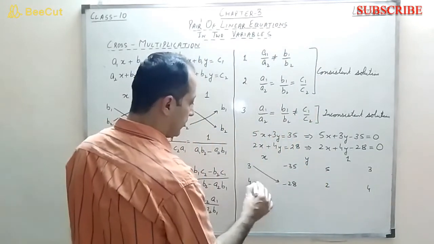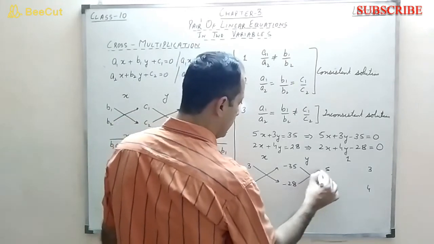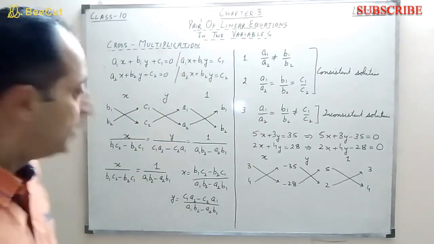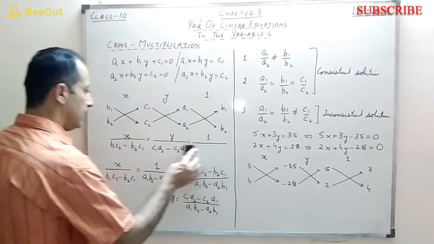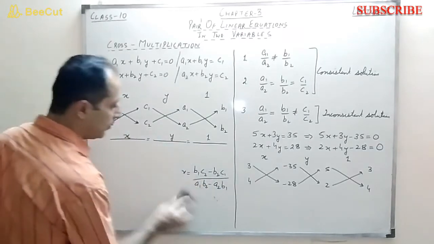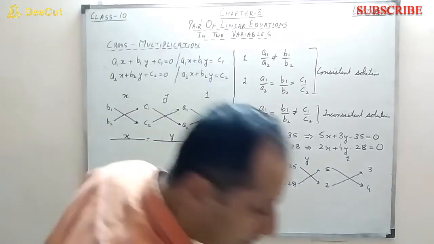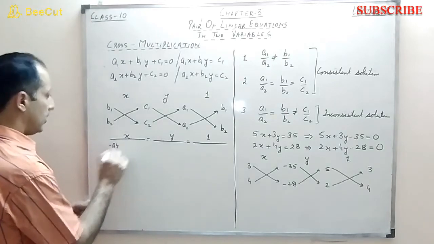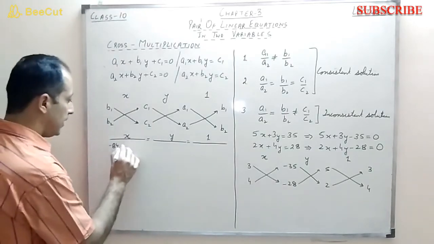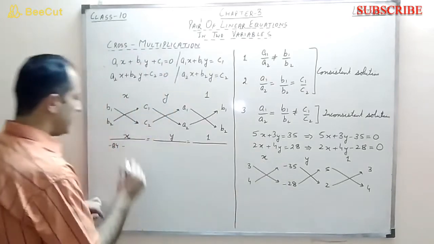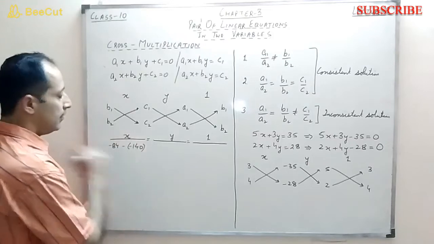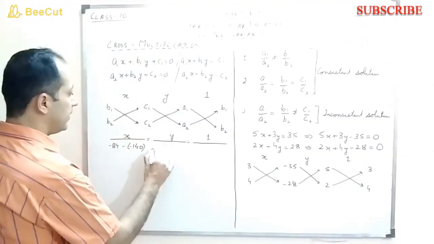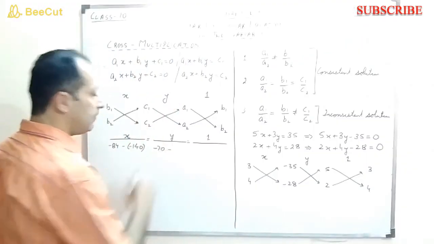I have to multiply these like this. This is the way I will be multiplying. So I'll just rub this portion, and I continue the solution here. Now, when you multiply this into this, it will be minus 84. Now, if you have seen the solution, there is a compulsory negative sign. Then I multiply these two. What I get here? Minus 140. Right? Then I multiply these two. This is minus 70. Then a compulsory negative which is given in the solution.